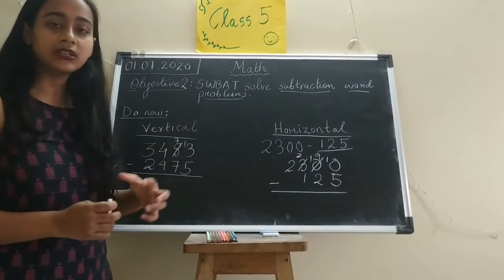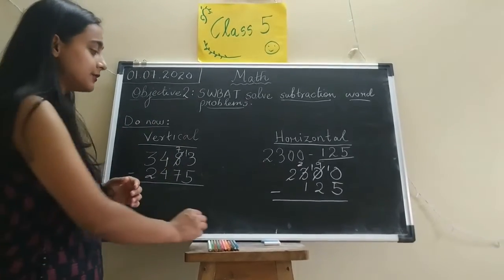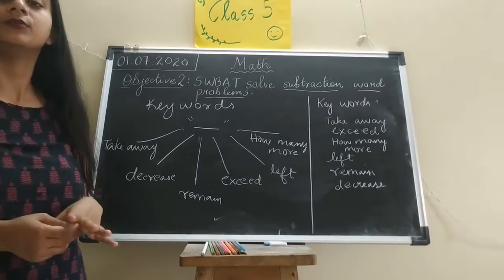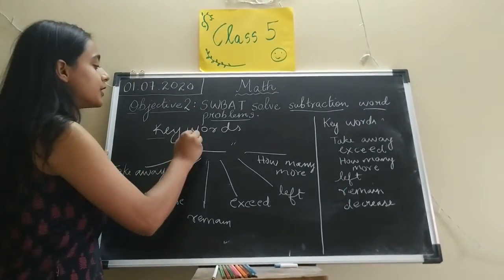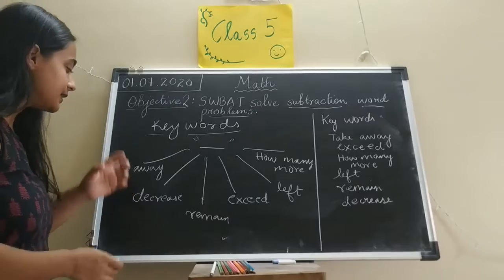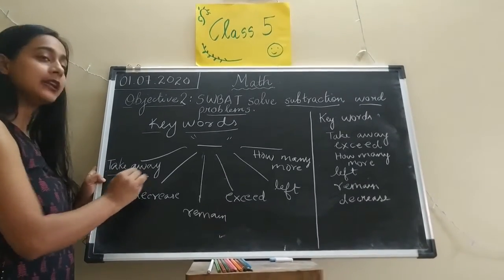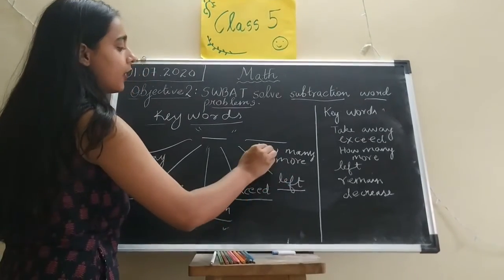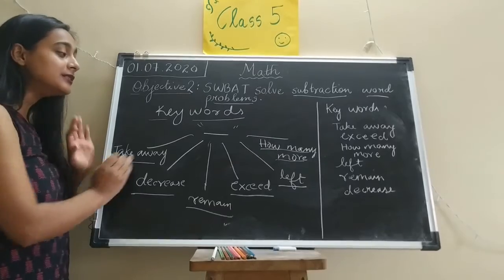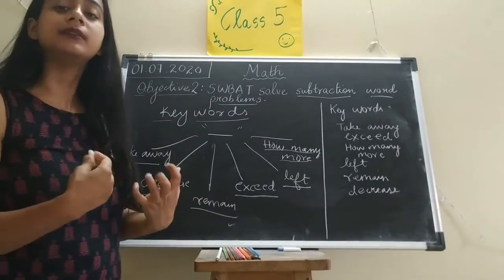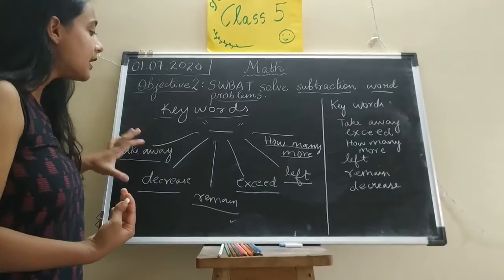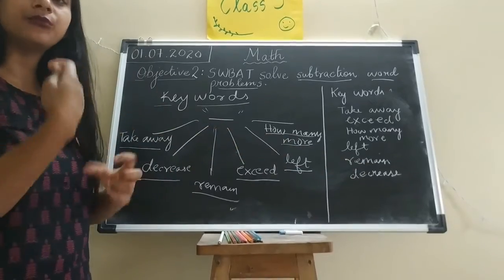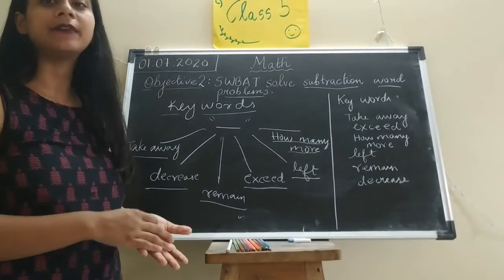जैसे हमने addition के clue words पढ़े थे, we will learn the clue words for subtraction. Okay. Now in the same way that we had keywords for addition, we have keywords for subtraction, which are like clue words, right? So if your story problem has take away, decrease, remain, exceed, left, or how many more, then these are some clues that tell you कि story में हमें subtraction करना है. Okay, so these are some of the keywords. It is easy if you write the keywords on the side of your notebook. So whenever you find them, you will know that hey, in this sum I have to do a subtraction.